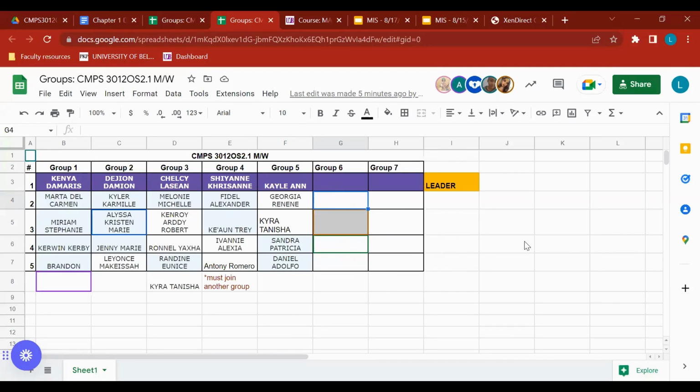Okay, so you can access the document, and I want to make sure that you have each other's contact as well so that you can start working on the project. Next week we're going to do the projects, but you need to at least have each other's contact this week.